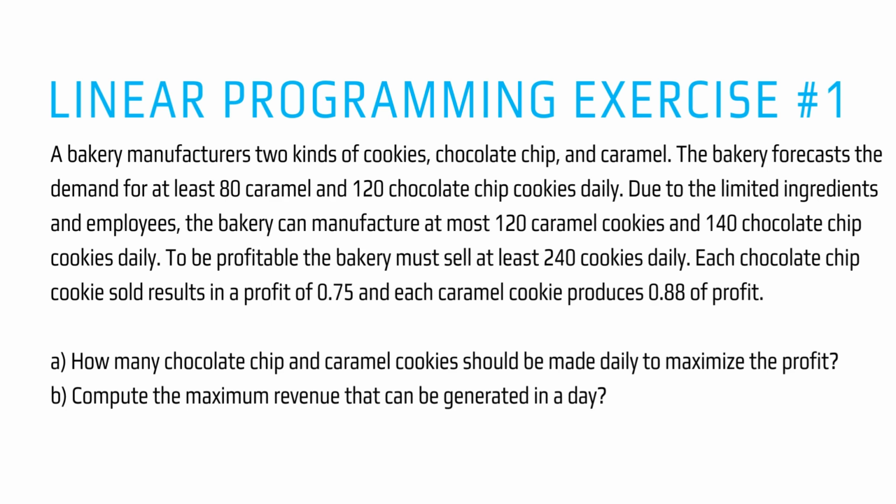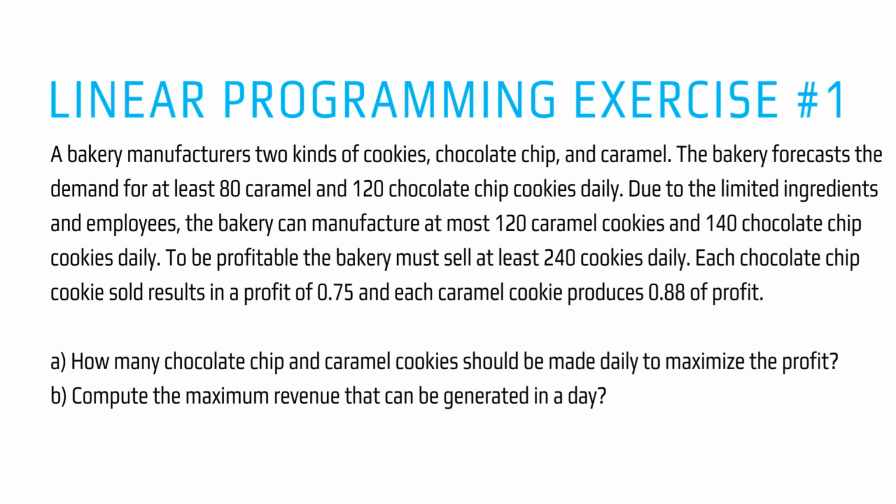So, enhance your grasp. Linear programming exercise 1. A bakery manufactures two kinds of cookies, chocolate chip and caramel. The bakery forecasts the demand for at least 80 caramel and 120 chocolate chip cookies daily. Due to the limited ingredients and employees, the bakery can manufacture at most 120 caramel cookies and 140 chocolate chip